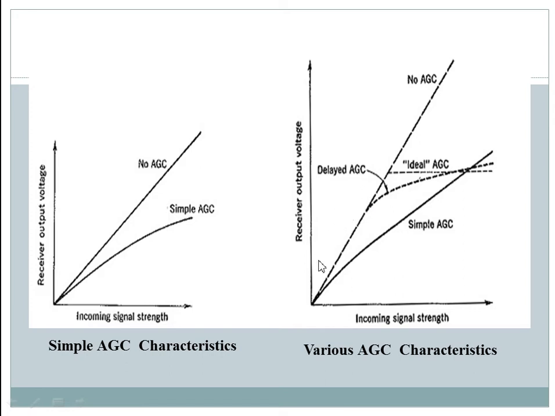You can observe here, from this part to this part, in delayed AGC, there is no reduction in the gain. That is the main difference in delayed AGC. That's why it is named delayed. From this point onwards, the gain will not be reduced. Only from certain points onwards is the gain reduced. This is the main difference between simple AGC and delayed AGC.